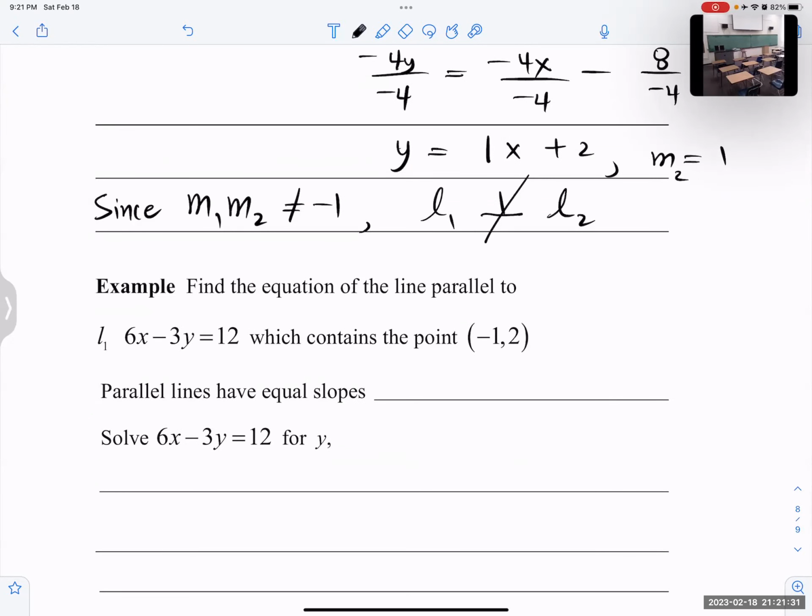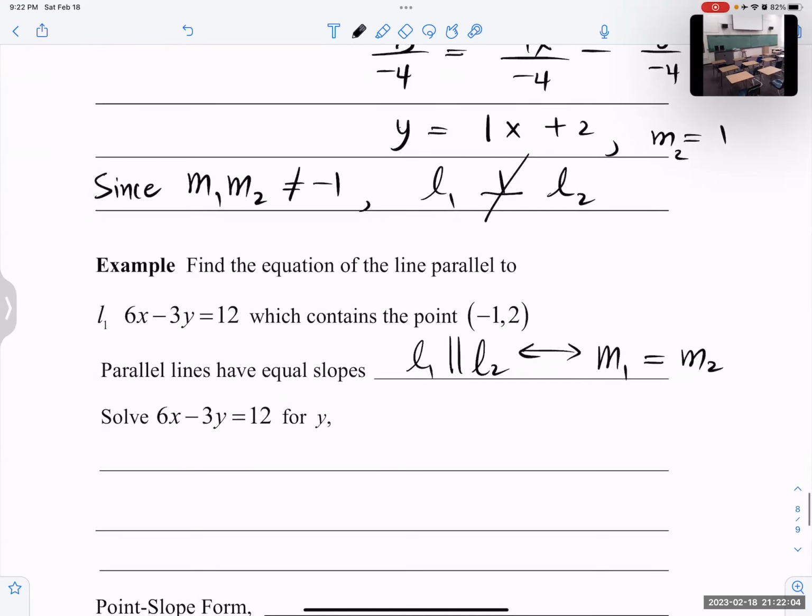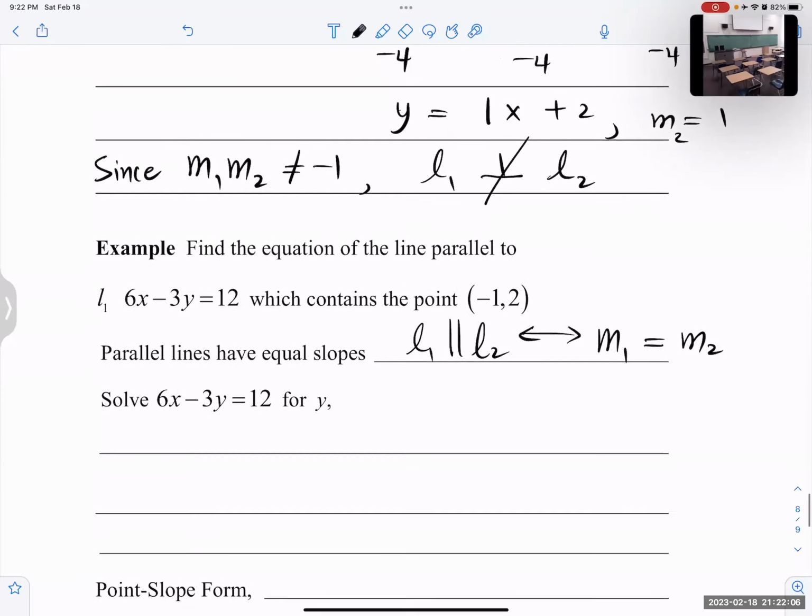Example: find the equation of the line parallel to line 1, which contains a given point, negative 1, 2. For lines to be parallel, their slopes must be equal. So if line 1 is parallel to line 2, then slope 1 will equal slope 2. And conversely, if slopes are equal, then the lines are parallel. So the connection is to find the slope of the given line